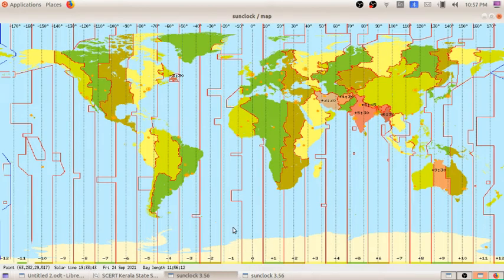Next, I am going to take 60 degree from the 0 degree, from the Greenwich time. I am taking 60 degree to west. So what is the time? 13:35. I am going to mark this here.